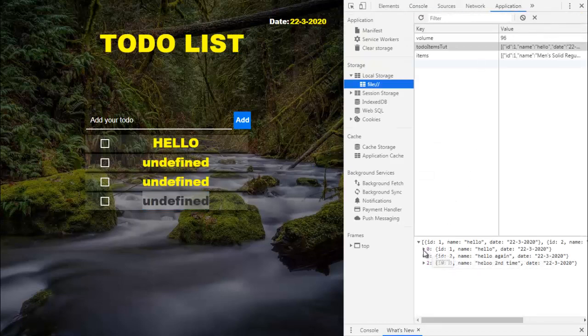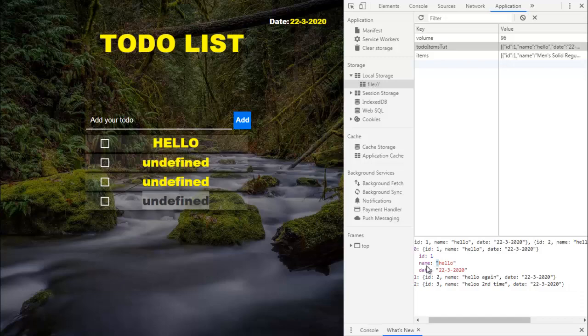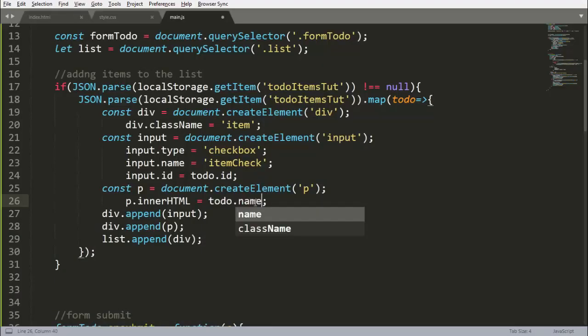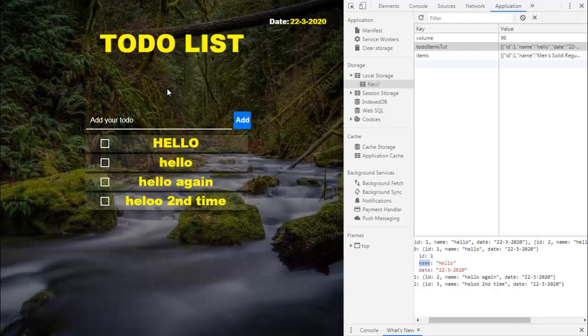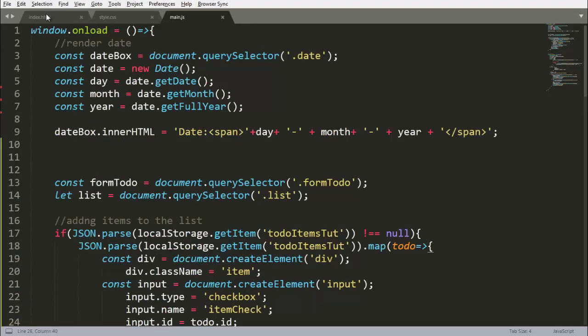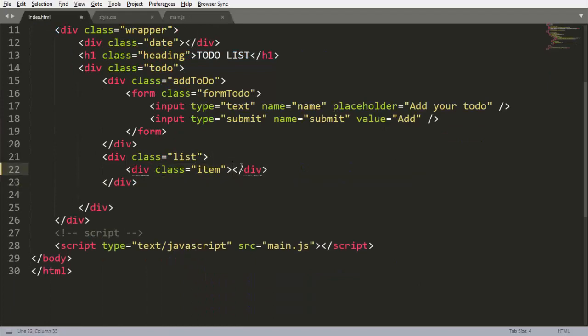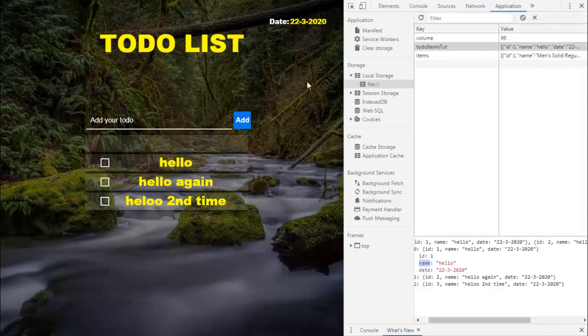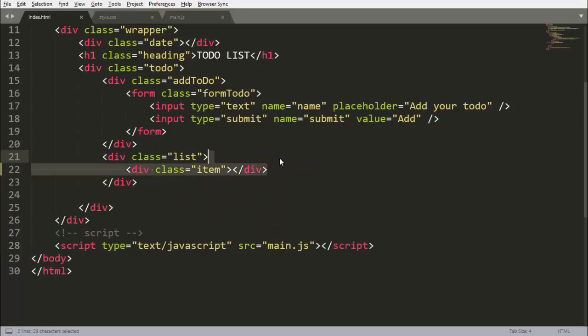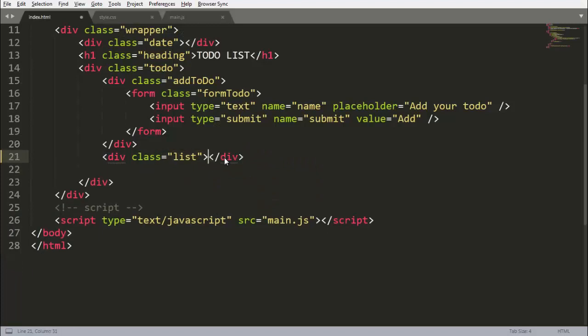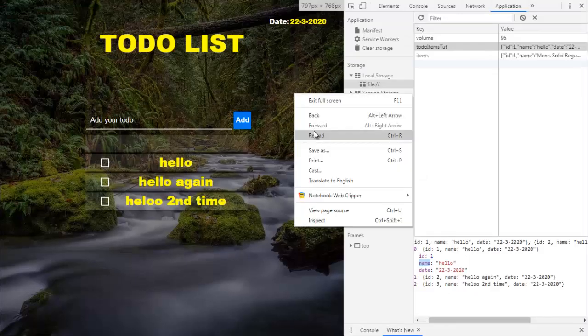See that there is a name here. So there is not a value. So that's why we are getting undefined. So here will be our name here. So when we will reload it, see that hello again, hello 2. So I will remove this. So go here and remove this from here. So reload it. See that we are not getting anything here. So this item is also removed. So list is empty here.